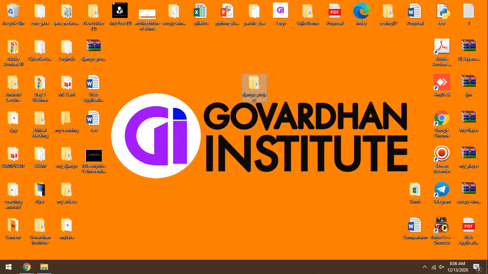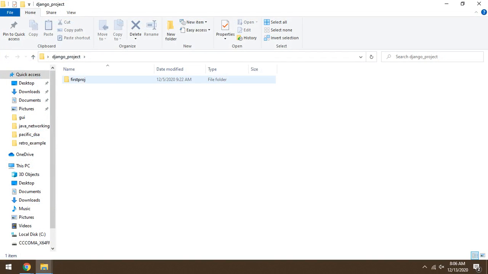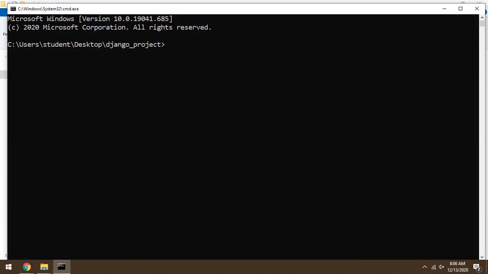So first of all, Django के साथ work करने के लिए मैंने एक simple सा folder create किया. Now just open that folder and from this address bar, just type cmd. So command prompt open हुआ. Now what we have to write down is django-admin startproject